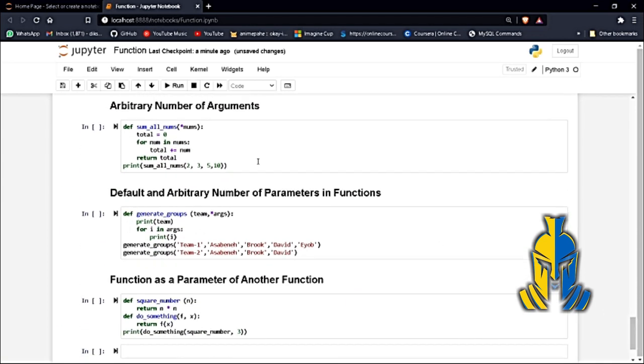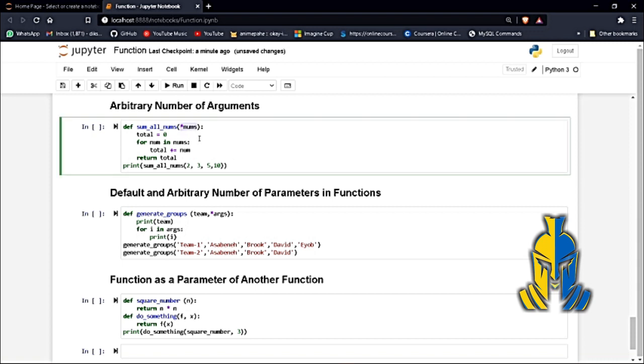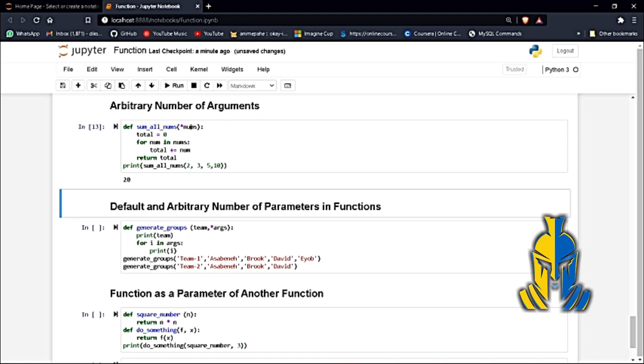So now in the earlier examples we knew the number of arguments we were going to give. Let's say we don't know the number of arguments we are going to give. Then we can use this asterisk sign, and it represents an arbitrary number of arguments. That is, we can give any number of arguments. Let's say this now prints 20. So basically this nums will act as a tuple, and see, we can loop through nums and then print the sum. So basically if I add 20 here, say this turns into 40. We can increase the arguments, decrease the arguments. Let's say if we remove this 2, then the sum will decrease.